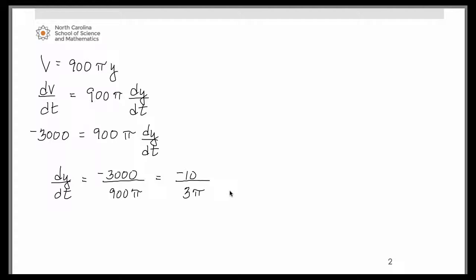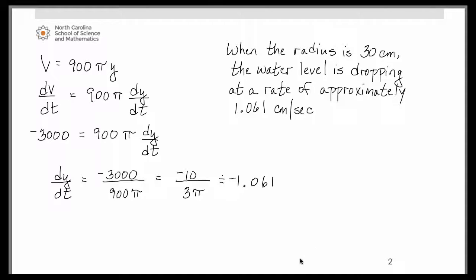You can do that as a decimal if you prefer. It's approximately equal to 1.061. So that rate is, of course, a negative quantity. So we can conclude that when the radius is 30 centimeters, the water level is dropping at a rate of approximately